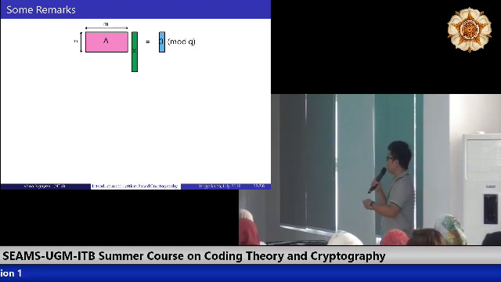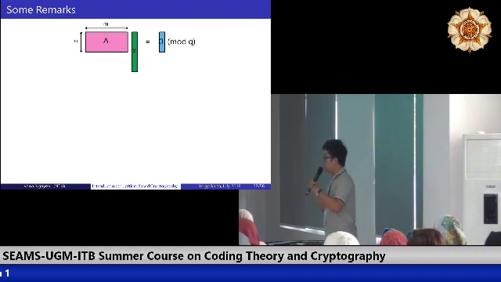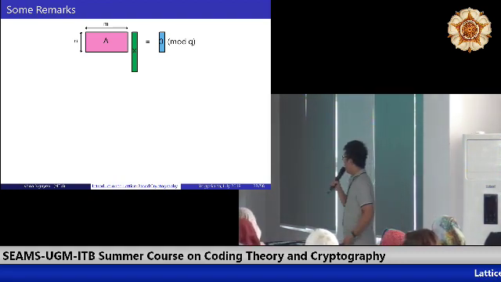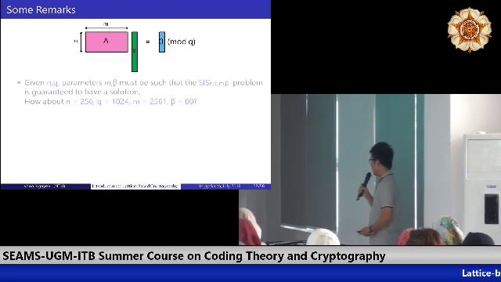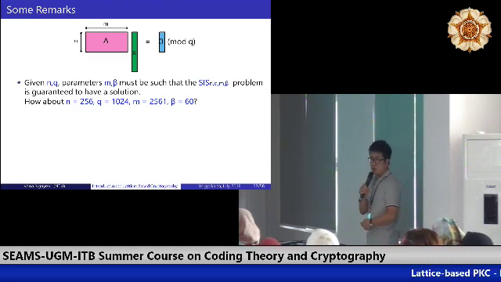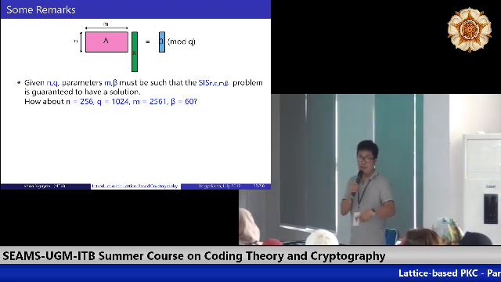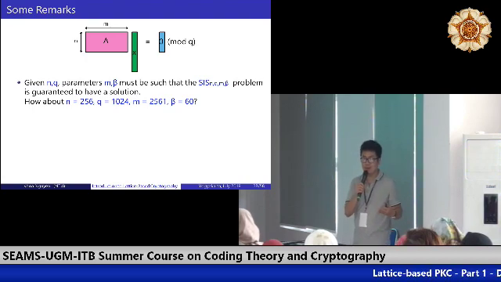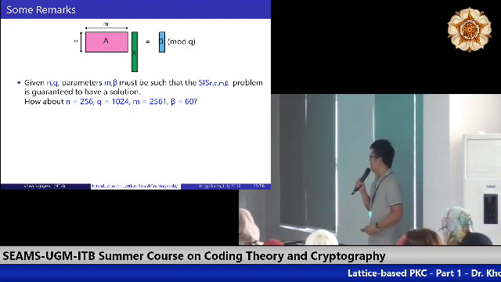facts on the hardness of this problem with respect to the 4 parameters n, m, q, and beta. Okay, so first, just given n and q, we have to set the m and beta such that the problem is guaranteed to have a solution, right? If the problem is not guaranteed to have a solution, then the problem becomes meaningless, right? It must have a solution, and finding the solution must be hard. Okay, so